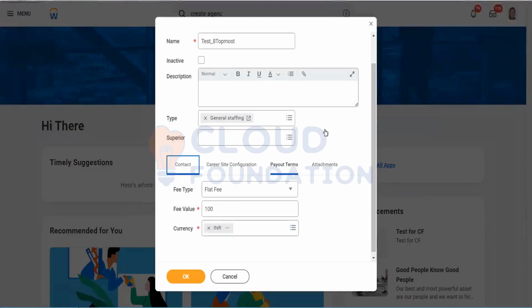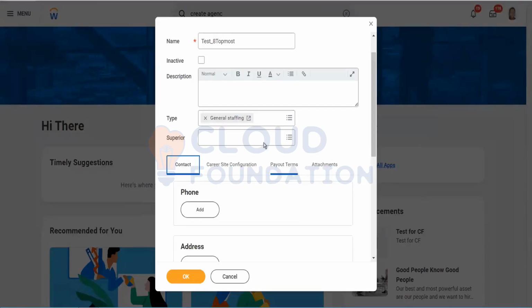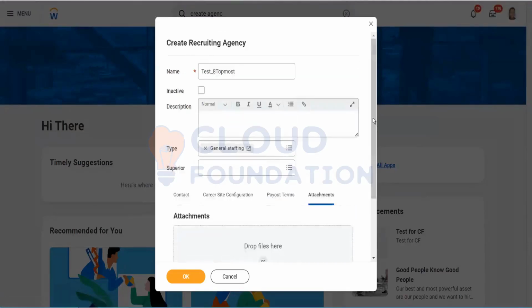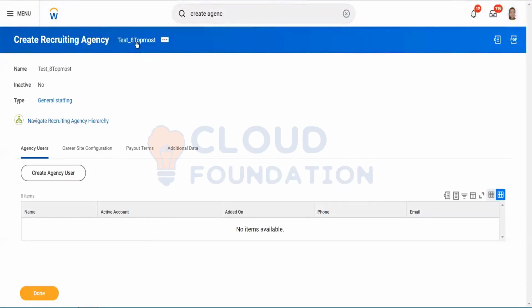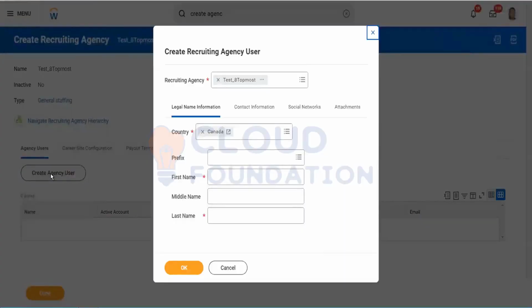Then contact also we can define, but let me just skip it as of now. Then attachment, any attachment we can add. So if I click on OK, let's see. Yeah. So now this is my agency. This is the topmost one. Type. Currently, I don't have anybody, but you can see here now a button has come in, okay, to create